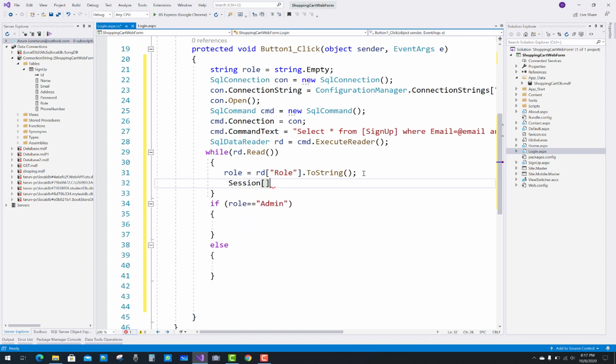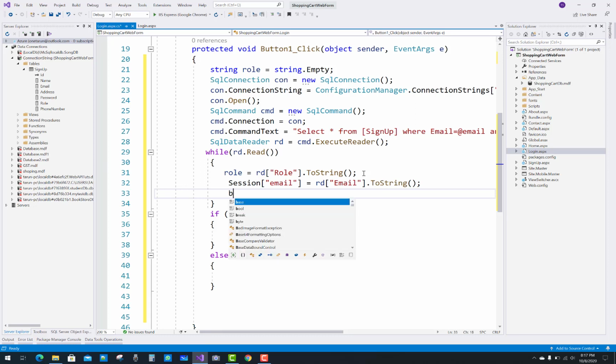And also the email is stored in the session. Email.ToString. And after that you have to use break.